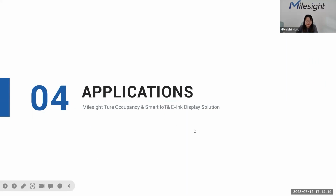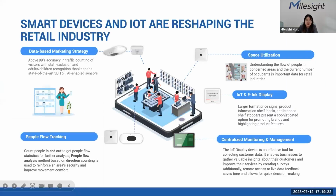Get into more applications. We said this Milesight True Occupancy and Smart IoT and e-ink display solution is not limited to the workplaces. It can also be used for the retail industry, based on the data, the people counting and occupancy numbers, to provide more executive data for the retail store owners to know how many people have been getting into their shops and how many of them have just passed their shops. And we can also install VS121 inside of the retail stores, so that we can customize different regions for the stores, and then we will know which area might be the most popular and which one might need more improvement. And we can show the price with the